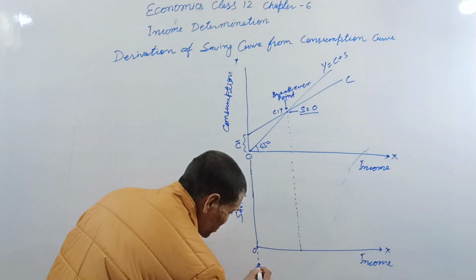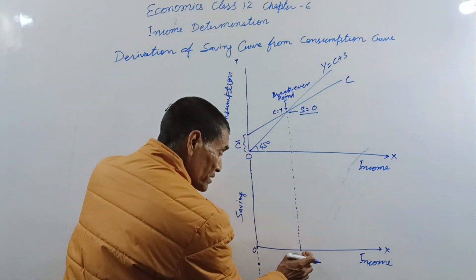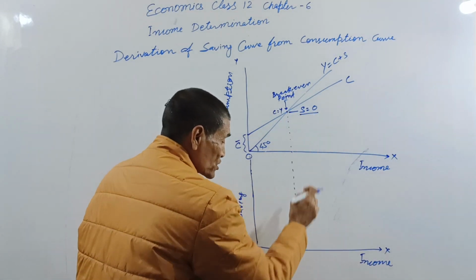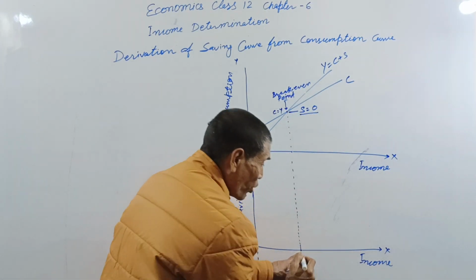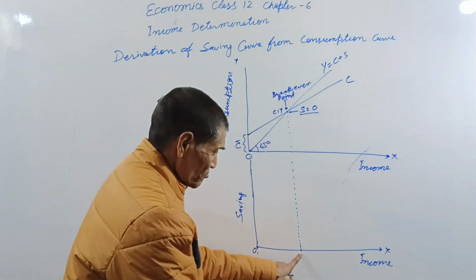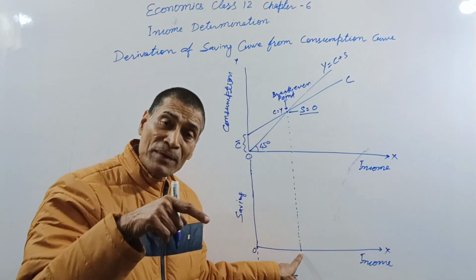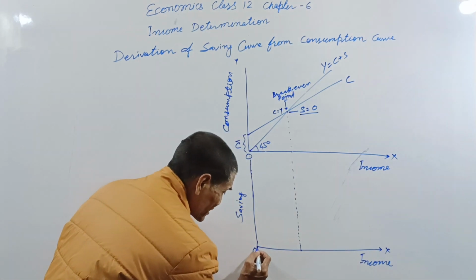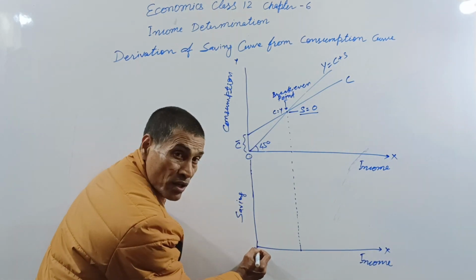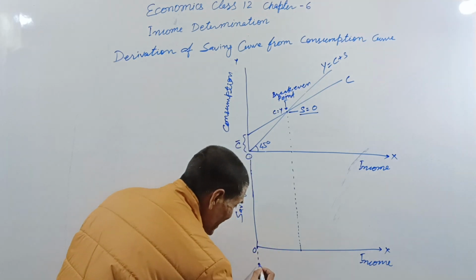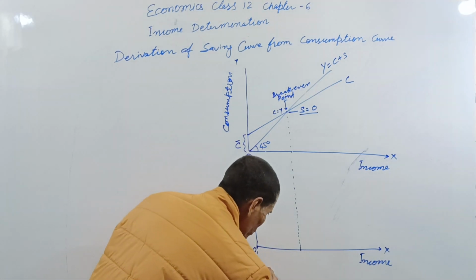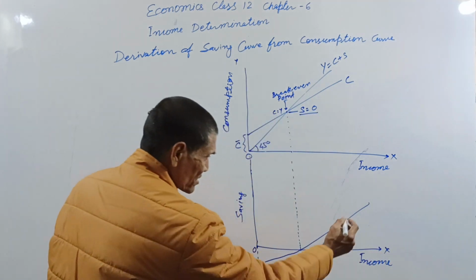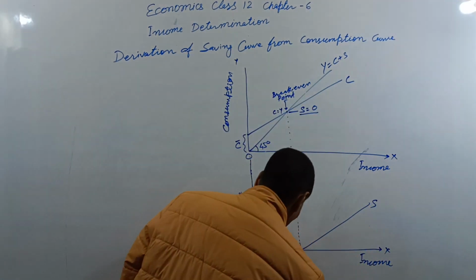That's why we have taken this. Second, this point represents saving is 0, because any point on the x-axis has saving 0. Now we get 2 points, and you join these 2 points, you get a curve. This curve is called the saving function curve